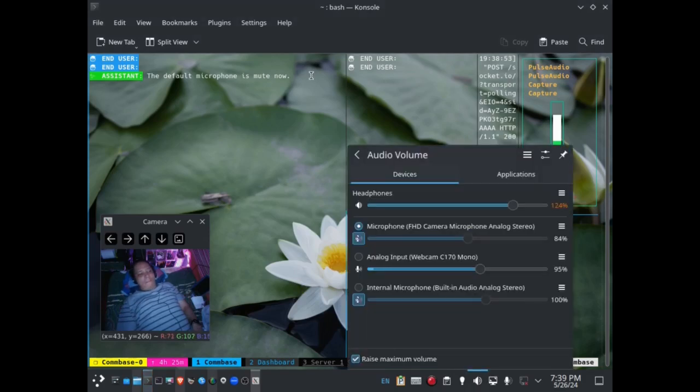So when Combase talks, it mutes the microphone, and that is because if Combase is talking and at the same time you are speaking, and the STT, the speech to text engine, is receiving commands or messages from the user from the FHD microphone, in this case, Combase is going to get confused about the two messages.